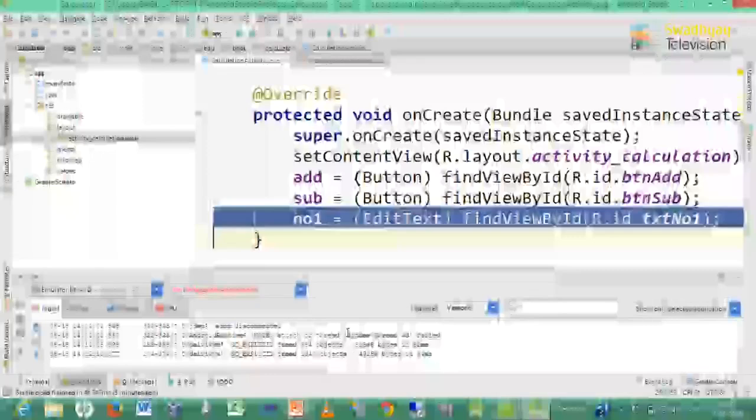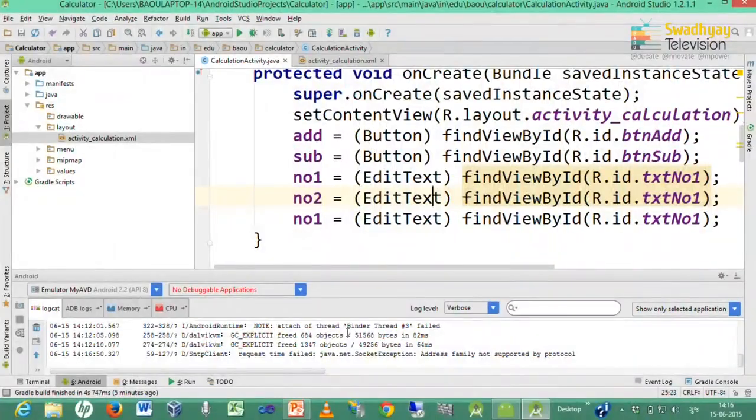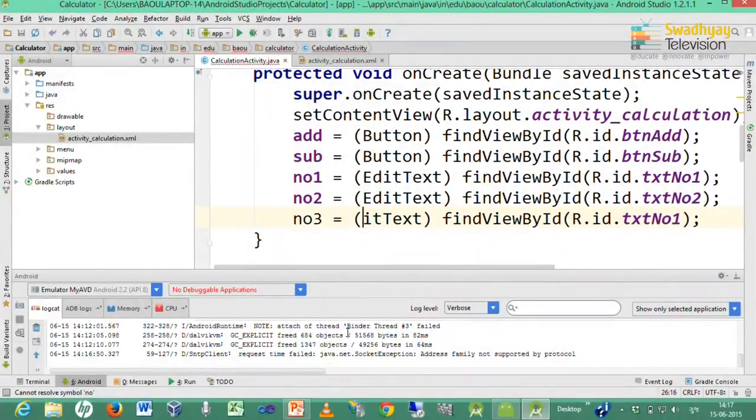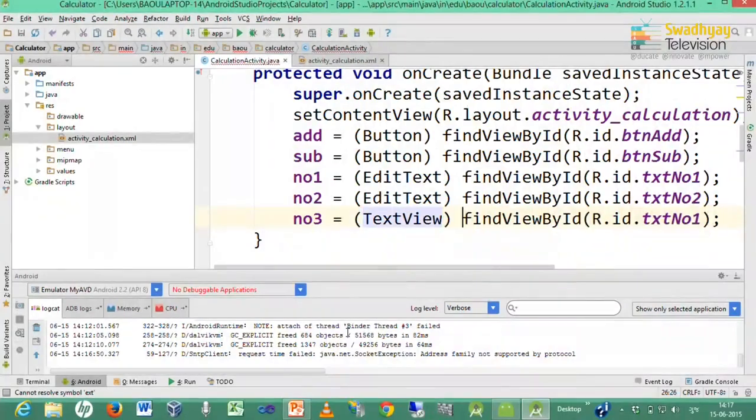I can copy this code for the other 2. So, here I write NO2 and here I change the ID to NO2, and last I declare NO3, but that is not an edit text but a text view. So, I declare it as a text view and its name is NO3.